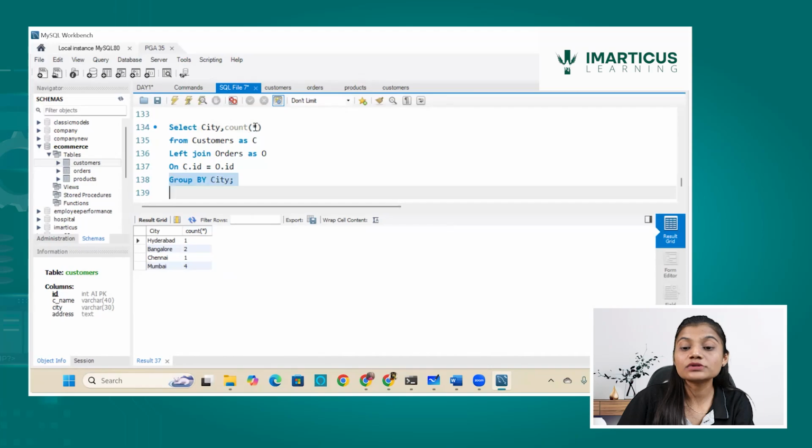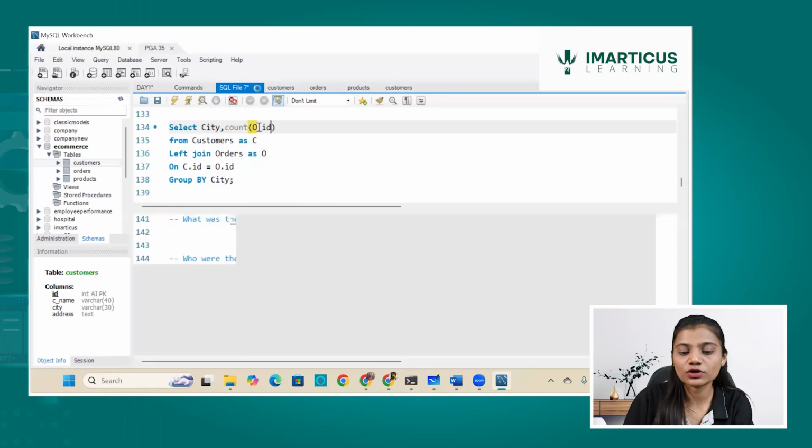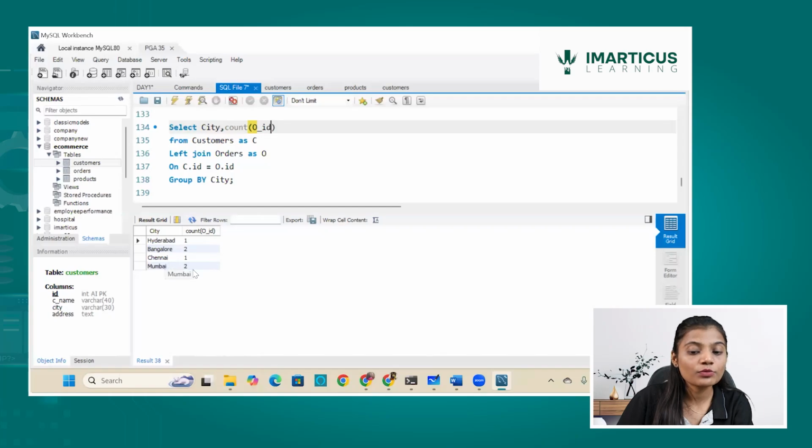Because I did count star. It is not counting orders, it is counting all the rows. So Mumbai was there. I want to count only when the order was placed. So can I write order ID? Yes. Now you have to be wise when you are choosing this. Now can you see Mumbai? So 2 customers from Mumbai have placed orders. Let me explain to you what has happened over here.